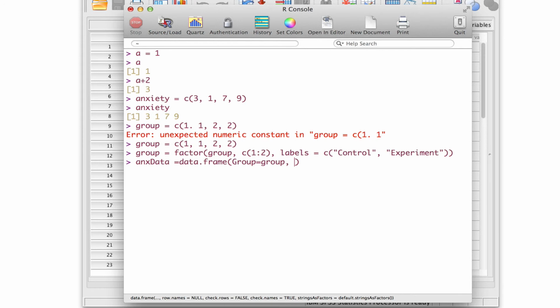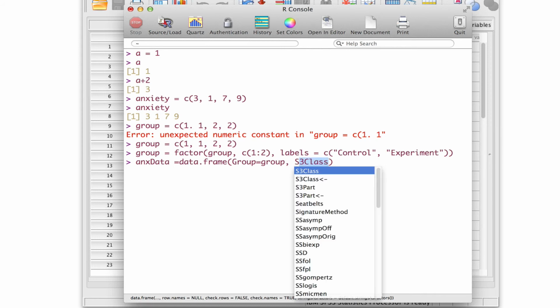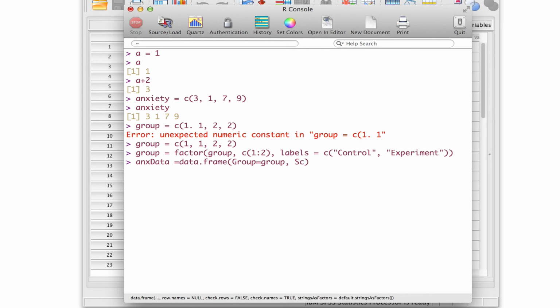and we want another column for our anxiety scores. So we're going to say each value for the column score is contained within our anxiety variable. Now if we look at our anxiety data frame,